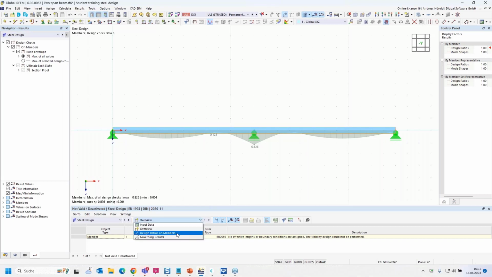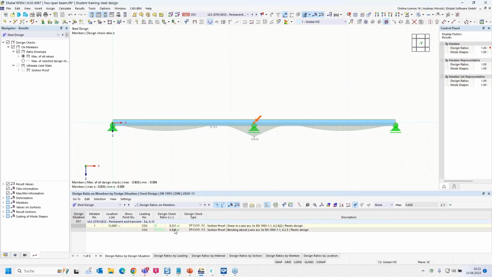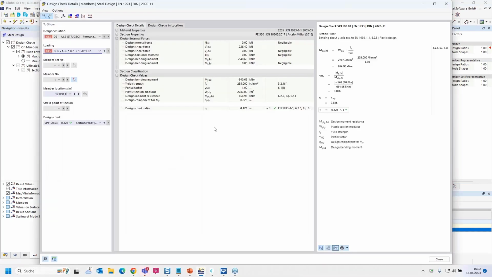So that's why we go to the design ratios on members. You can see the two checks, the section-proof shear in Z-axis, and bending about Y-axis. Okay. So then you can double-click on such a line, or you can open the details with that button here. I check the button. So, and then you can see all the equations from the standard,